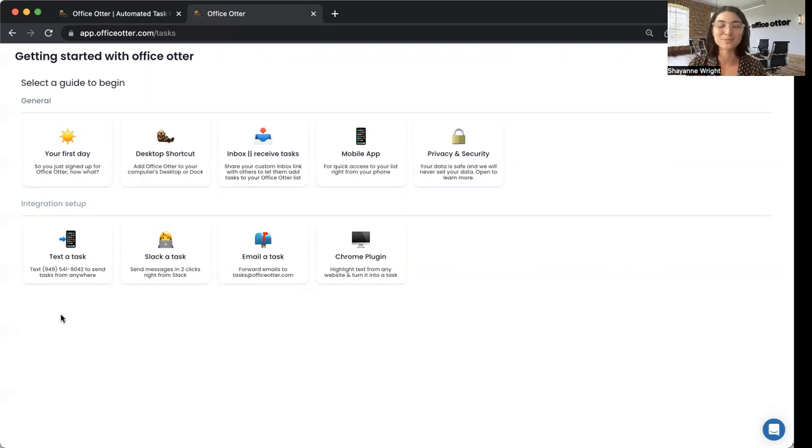And I have found that with these roles, because they're so relational, you're getting messages from multiple executives, customers, new hires, other assistants from other teams. And so that is where these integrations can not only help you get to inbox zero, but also help you get all those requests into one place. And the metaphor that I like for our inbox integrations is that Office Otter is like a funnel,